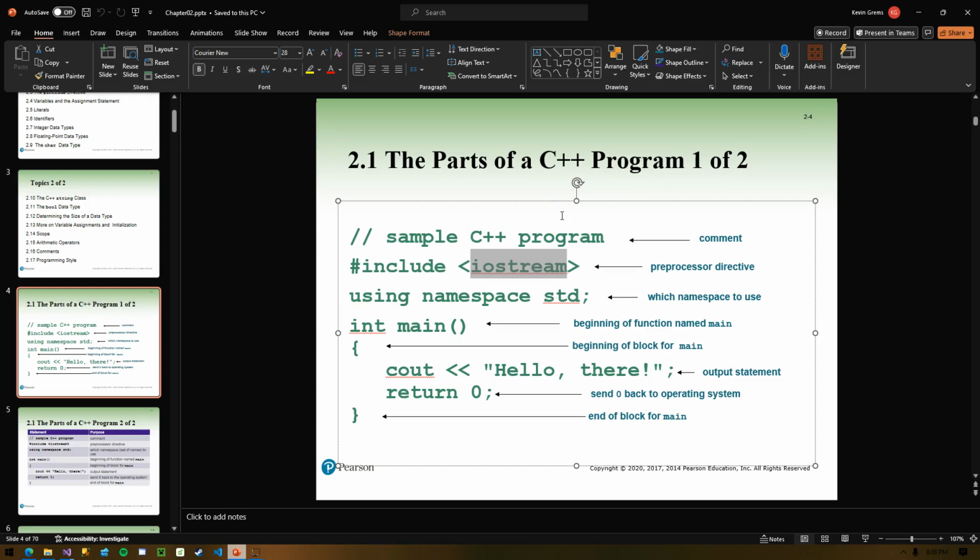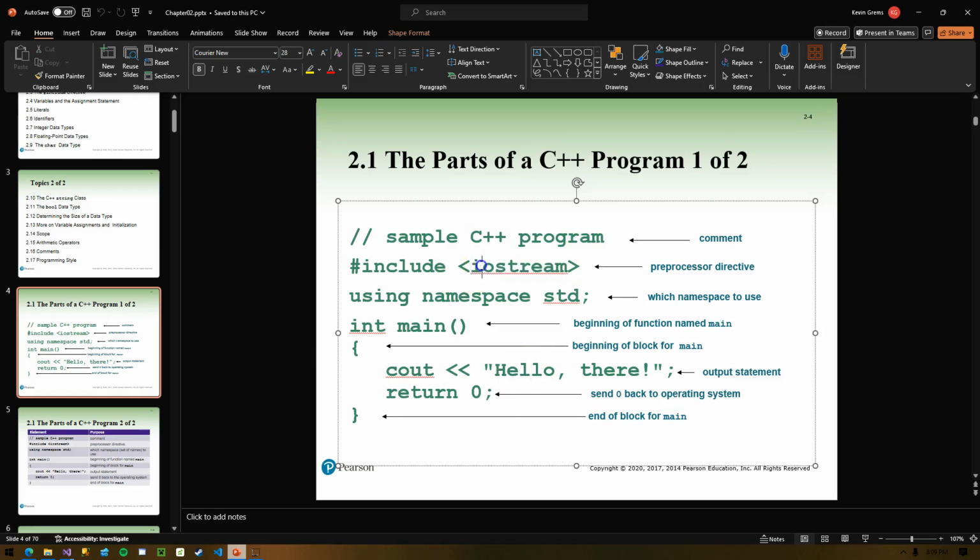To have to include every single part of the language in every single program that we write would be extremely inefficient, and it would cause a crazy amount of bloat in our programs. It would make the files way too large. So instead what we do is we get the core language sort of out of the box, vanilla C++ or vanilla Java, vanilla Python. And then we use these preprocessor directives, or sometimes called include statements, to bring in other areas or other parts of the language that we think we might need as we're writing our code.